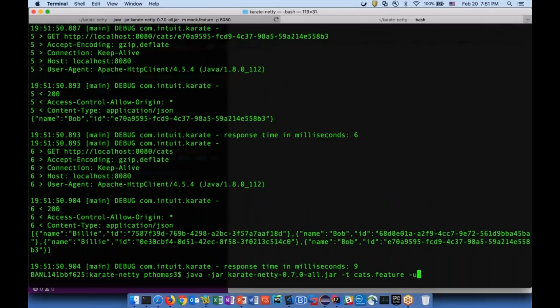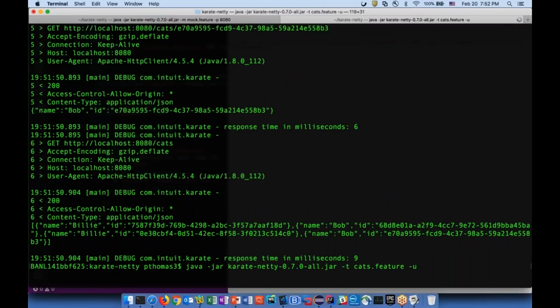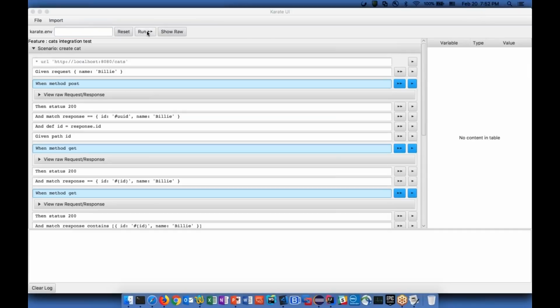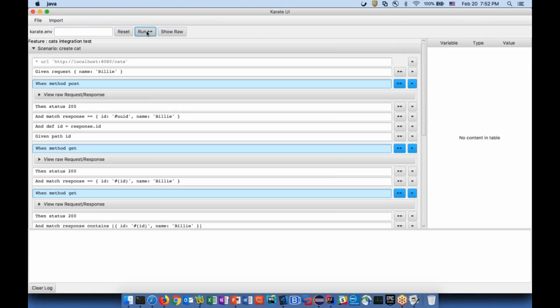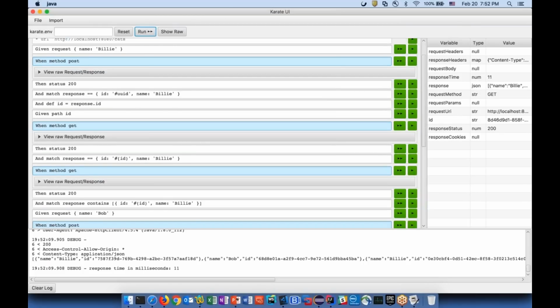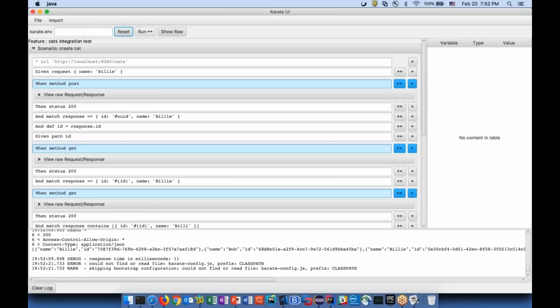The last thing I want to show is that there's actually a UI. So if I say -u, you can bring up this Swing, or JavaFX to be precise, UI. This is again built into the jar. I can run this entire test. And I'm not going to sell this too much because this is still a work in progress in a sense, but I'll show you one of the interesting capabilities this can do.